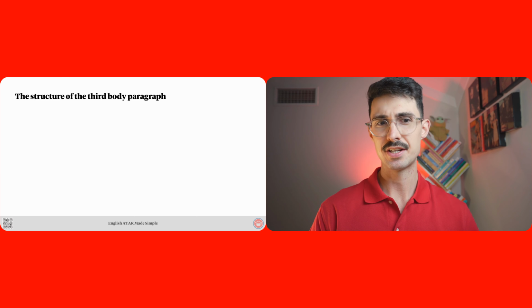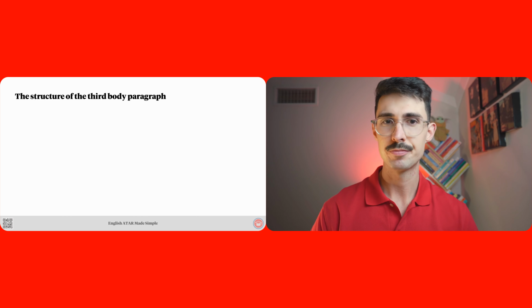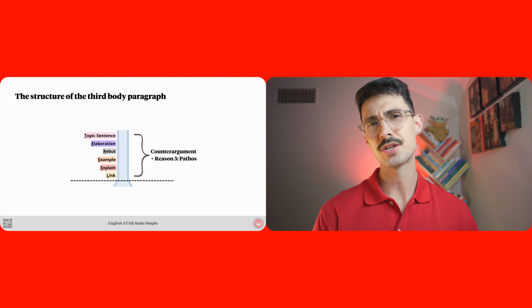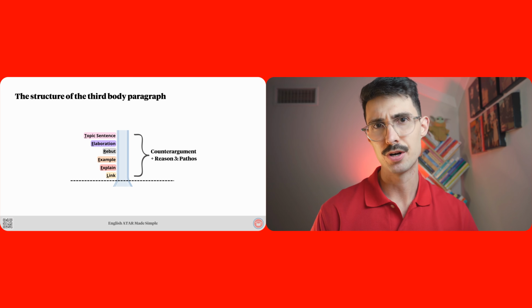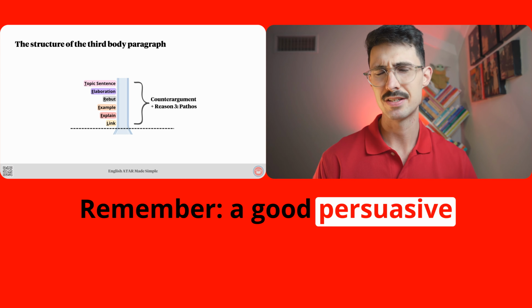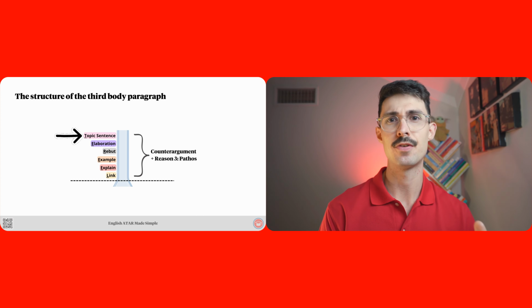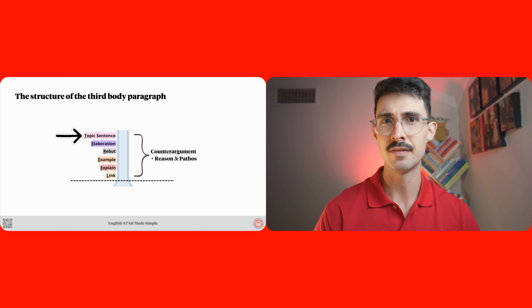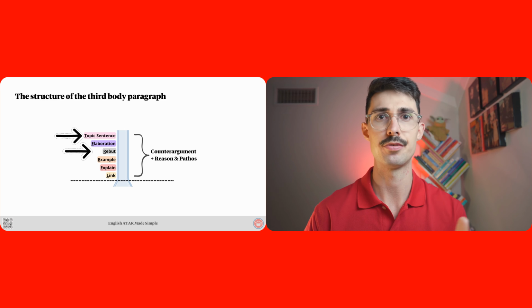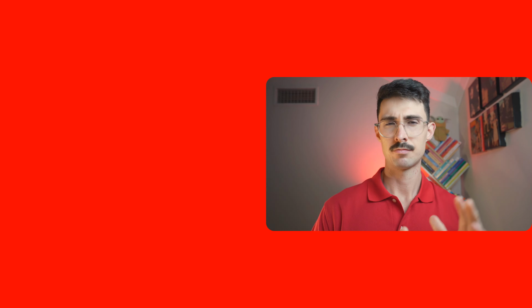We know by this stage that this body paragraph is structured a little differently to the first 2, so because it has different elements, we're using a different acronym. The structure is different for this 3rd and final body paragraph because a good persuasive text requires you to acknowledge counterarguments. So that is really the focus of this 3rd body paragraph, as well as outlining your 3rd reason that backs up your thesis. To remind you of the real importance of the counterargument, you might recall from the lesson